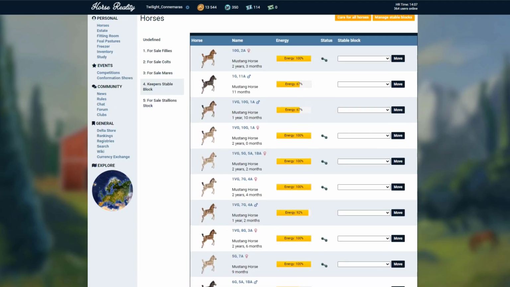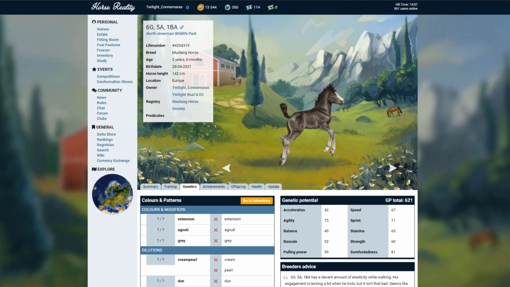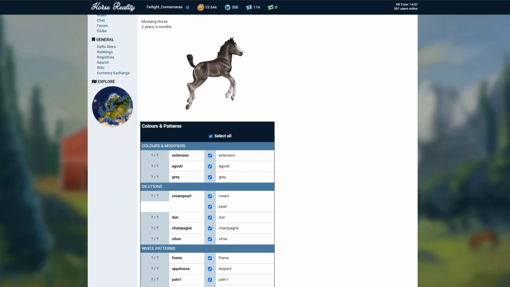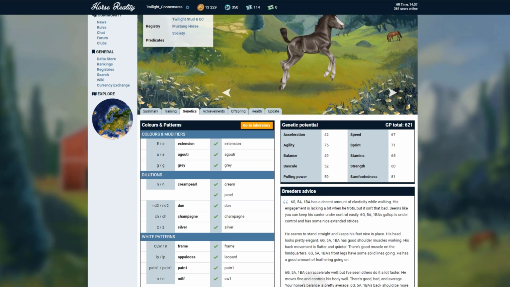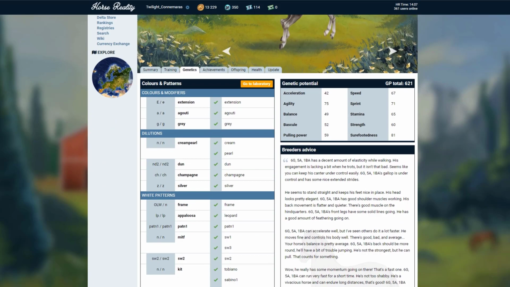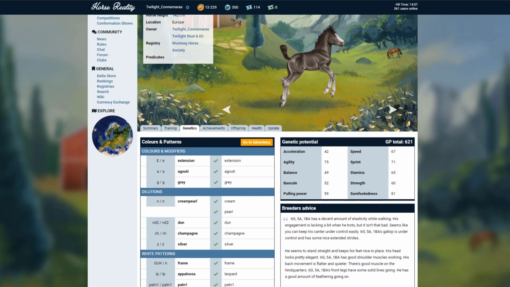We'll do one of the tests now, so I want to pick an interesting one. Let's maybe test this one here. Okay, so this one is 6G, 5A, 1BA. I need to rename these, so we're going to go ahead and select all, perform the test on that one. Okay, so this one does not carry a goodie, which I figured it didn't, because it isn't showing any